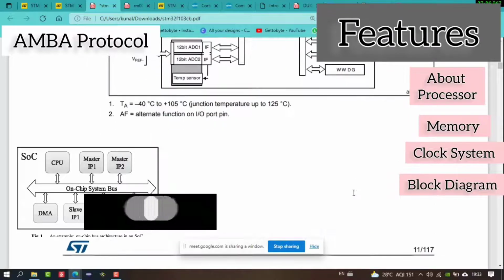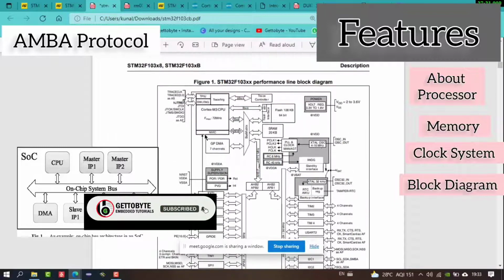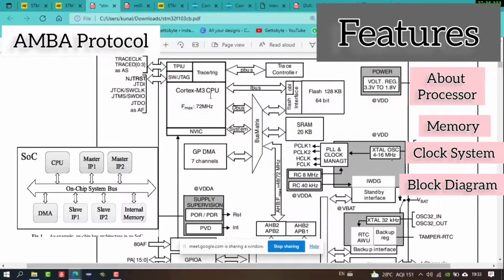Okay, so this is just the block diagram. These are all the peripherals. Then here comes our microprocessor design, ARM Cortex M3. Under the ARM Cortex M3 we have this NVIC, Nested Vector Interrupt Controller, the TPIU and the Trace Debug, and SW and JTAG. This is the whole debug unit. This debug unit is provided by the ARM processors only, and this comes under the CoreSight architecture. We will get into the details on this in the subsequent videos.